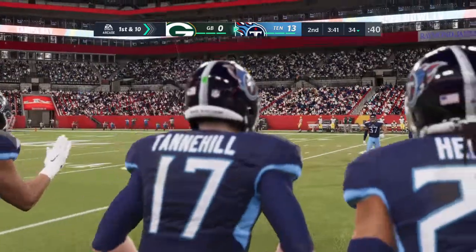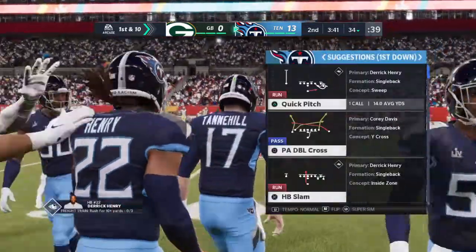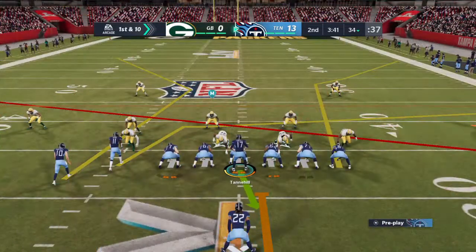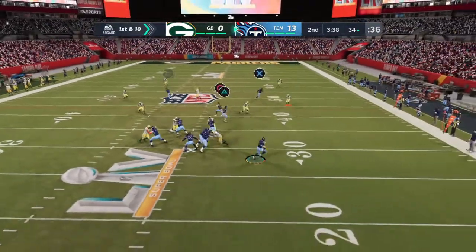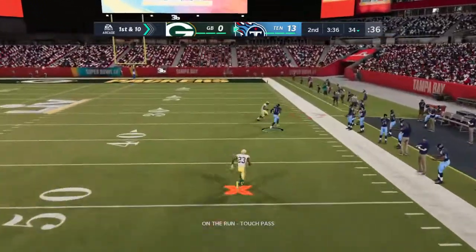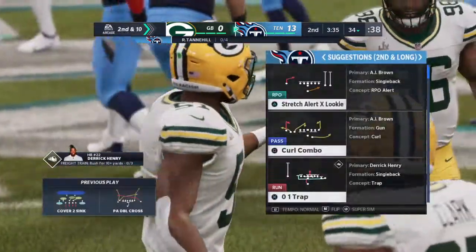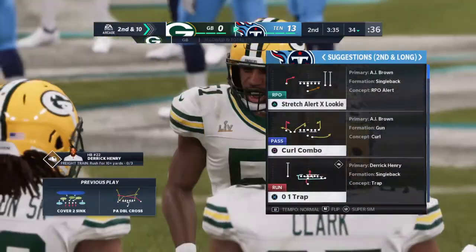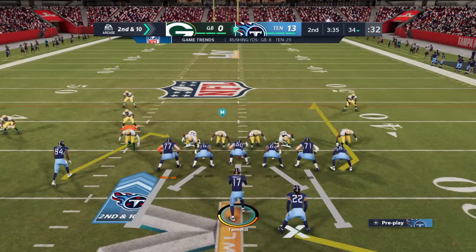Coming back onto the field for their second drive. Tannehill and the Titans come up now 1st and 10 at the 34. He fakes the give here and looks to throw, and nearly picked off. Surprising to see a defender of his caliber let it get away, but it does get away and it's 2nd down. It's now 2nd and